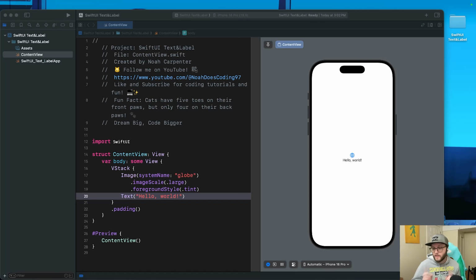Next, let's talk a little bit about the Label view. This view is specifically designed to combine a piece of text with an icon, semantically linking them together. Really useful for things like menu items, list rows, or buttons where an icon can clarify the text. So we can declare a Label here, and I'm going to choose the one with the title key and the system image. For the title key, this is a string value, and we can declare what we want the text to be. So in this case, I would maybe set mine to be Settings, and then for the system image,